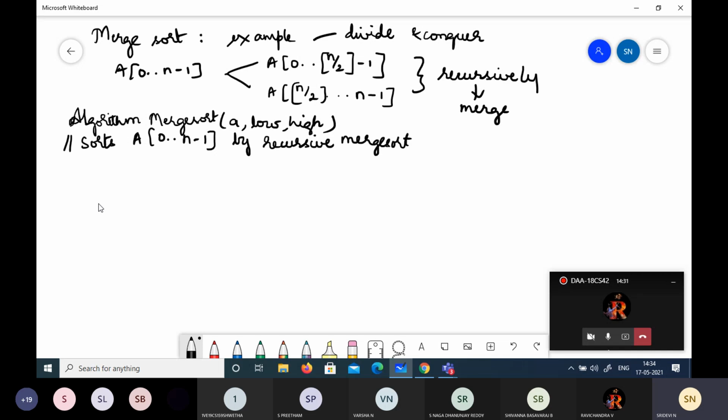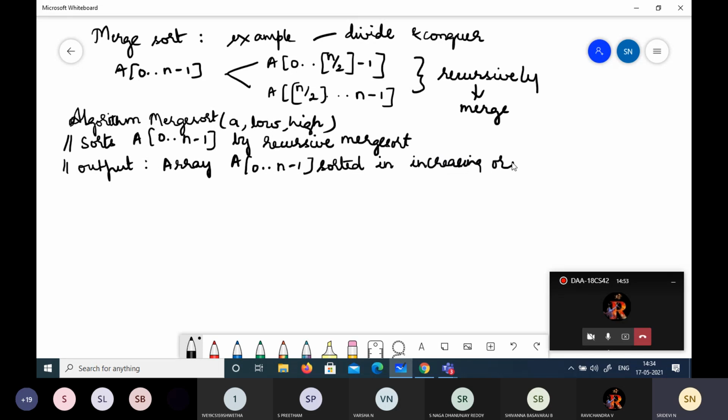Then what about the output? That's the input. Now we will get an array 0 to n minus 1, which is sorted in increasing order. Sorting can be applied both for increasing as well as decreasing. So we will get an array in increasing order.